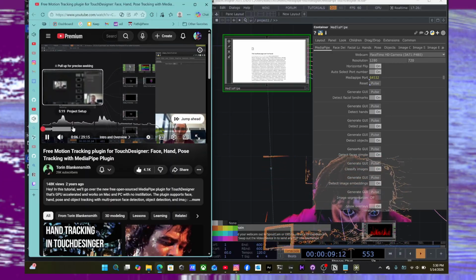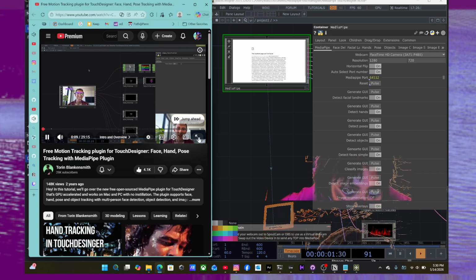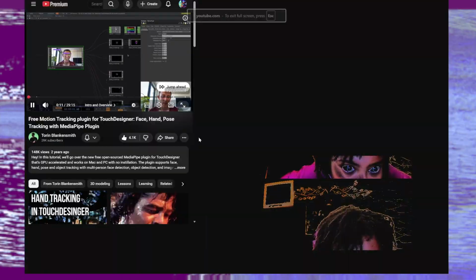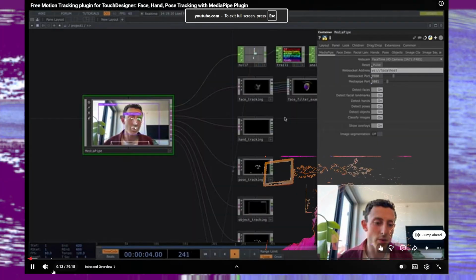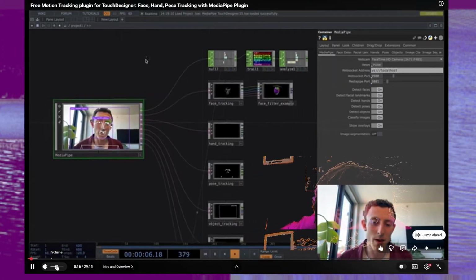Hey, welcome back to another Touch Designer tutorial. So I got so excited to finally get to launch this free open source plugin for Touch Designer that allows us to run Google's mediapipe machine learning models with